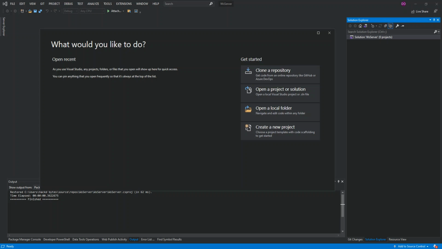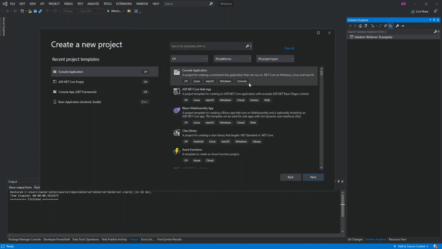WebSocket provides a full duplex communication channel between a client endpoint and a service endpoint over a single TCP connection. To get started, you need Visual Studio 2019 installed and the .NET Core workloads as well. Once you've got that sorted out, you open Visual Studio 2019 and then create a new